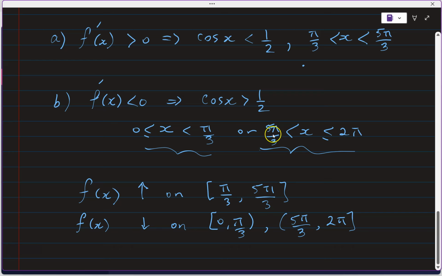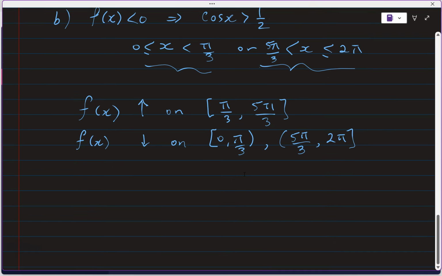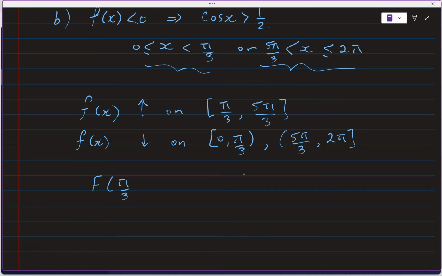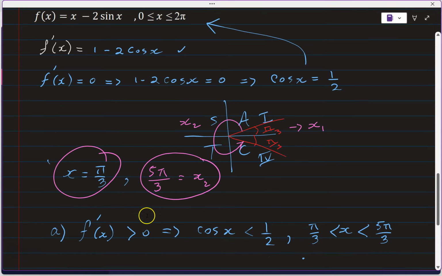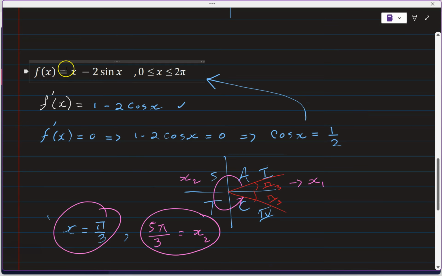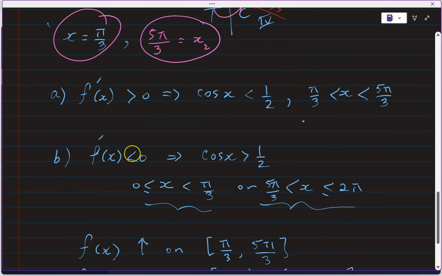So that means now we can go ahead and say, the local minimum, f of pi over 3, you just plug the numbers in, is pi over 3 minus root 3. When you grab this pi over 3 and plug it back into the original function right here, you will end up getting pi over 3